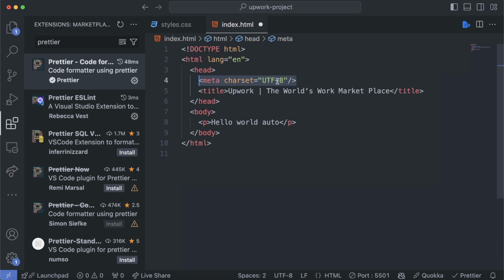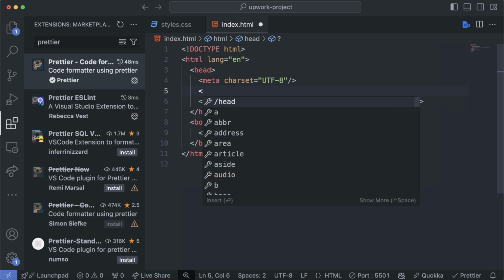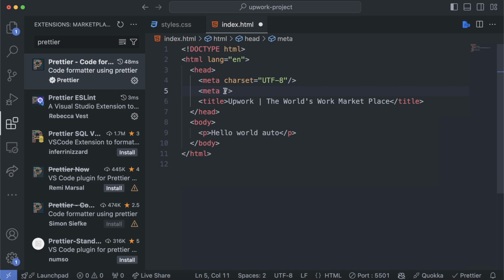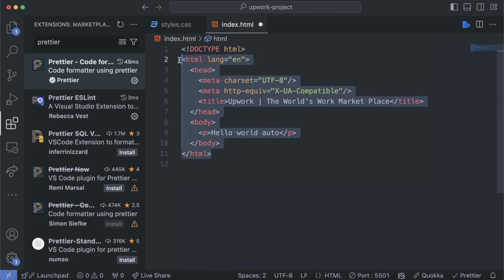UTF-8 is the universal character encoding standard, and it supports almost all characters from different languages and symbols. Let's add another one, and this is going to take the HTTP equiv attribute, and this is X-UA-Compatible. Do not be overwhelmed with this. You don't have to cram any of these things. In fact, we can generate all this using a shortcut, but I just wanted us to simply understand this basic